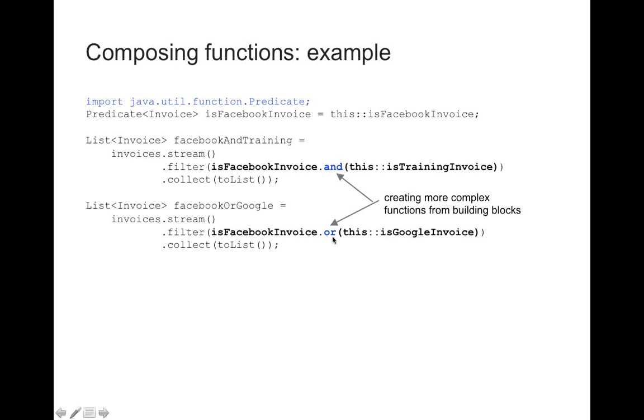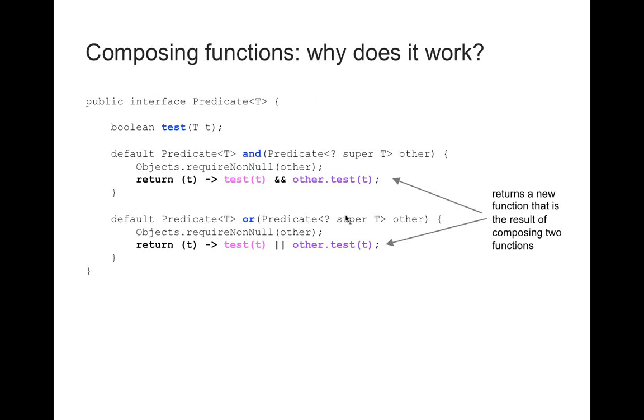Right, so at this stage, we should all be thinking, wait a minute, Raoul, how come we can have those methods inside an interface? How does that work? Well, let's look at how the predicate interface is defined in Java 8. So this code is pulled from the JDK source code. So as we know, as we showed earlier, the predicate interface